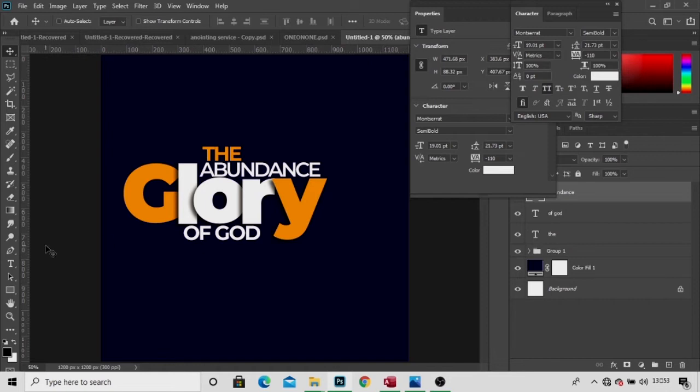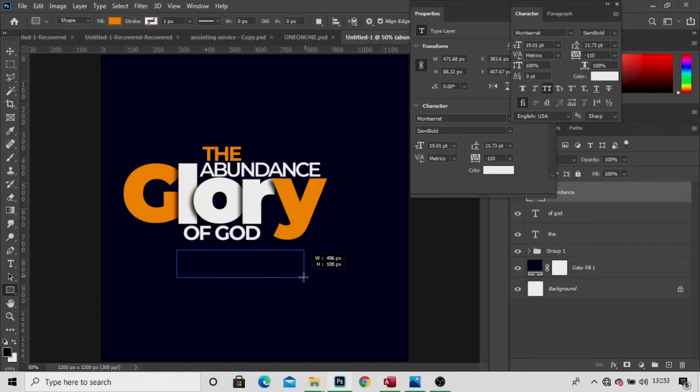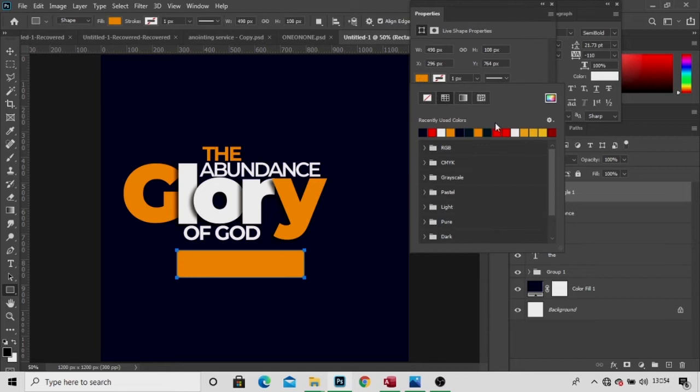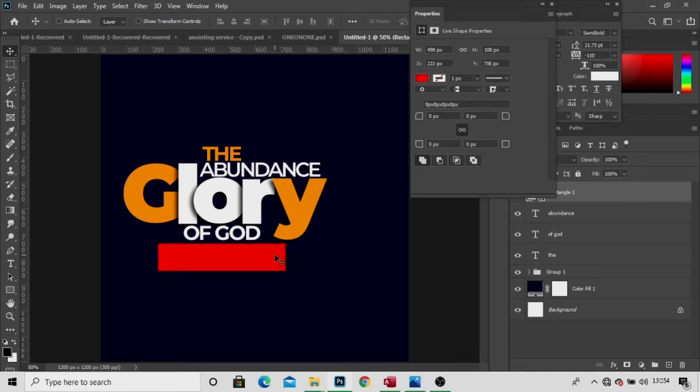All right, so I'm going to add a couple of rectangles. So I'll go for my rectangular tool and then select my rectangle, and draw a very nice rectangle of this kind, and change the color to something like red. Okay, so let's go for red color. I'm actually using Photoshop CC, and any version should also work for you. I think so, yeah. So use my arrow keys and make sure I place it in a very nice way